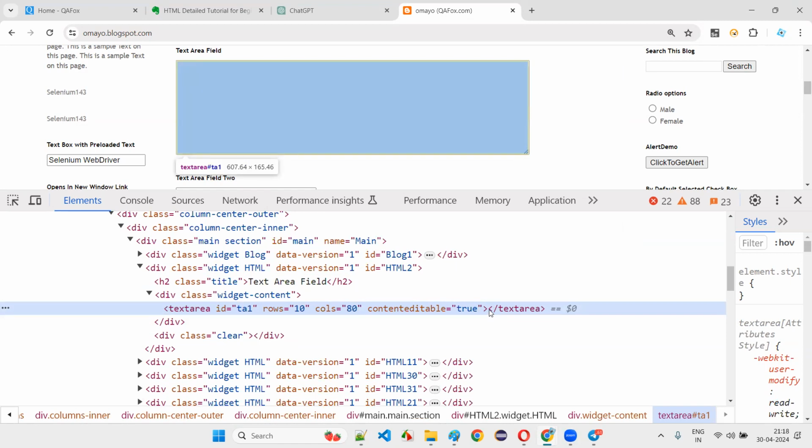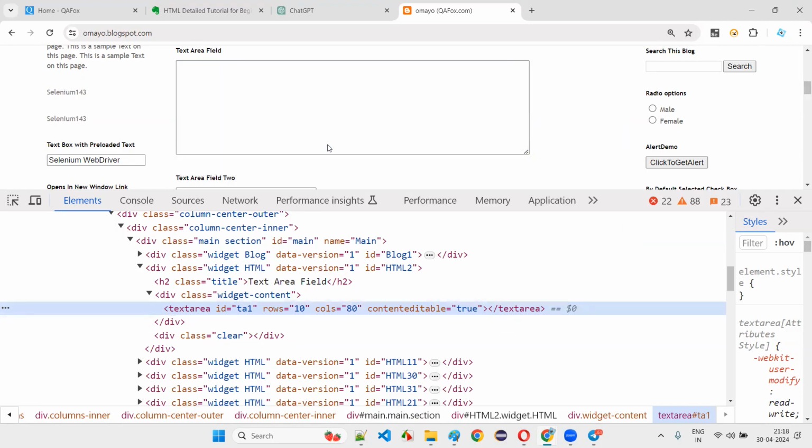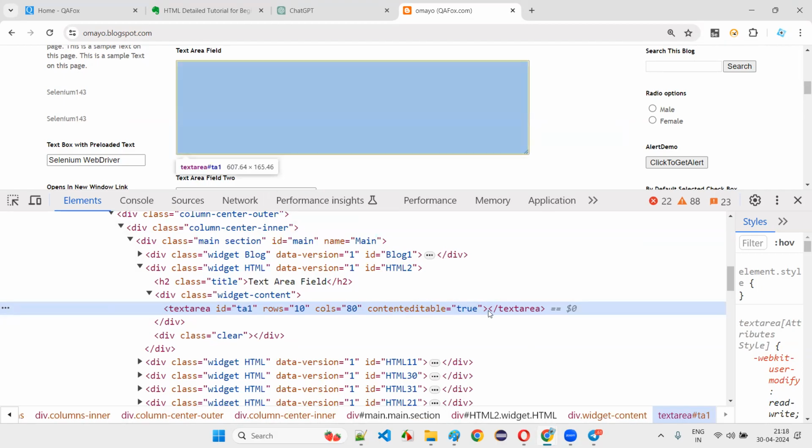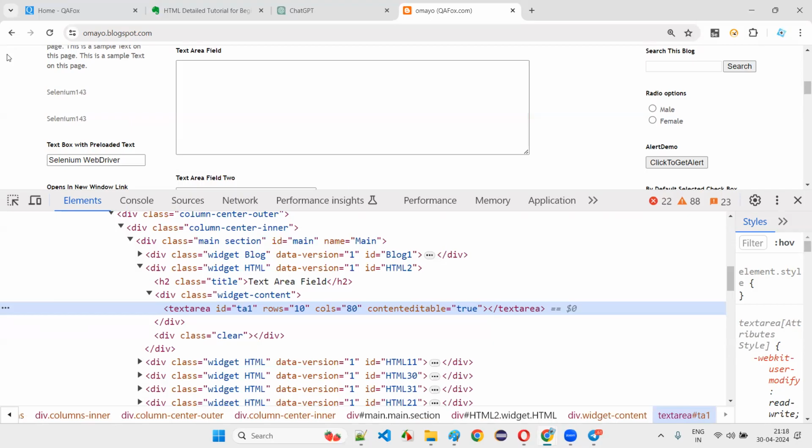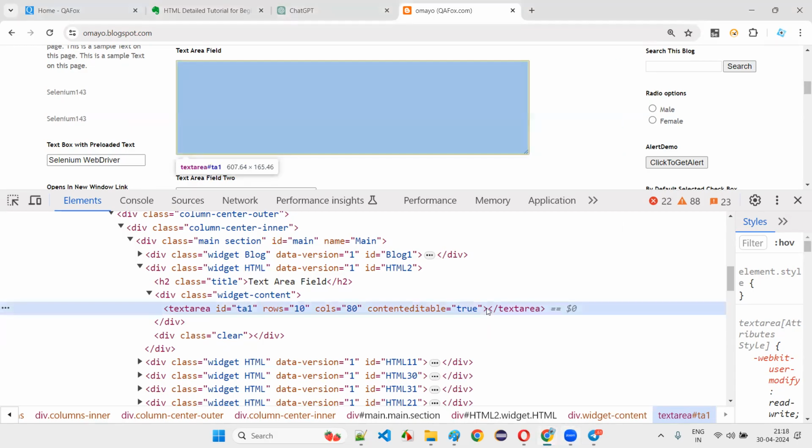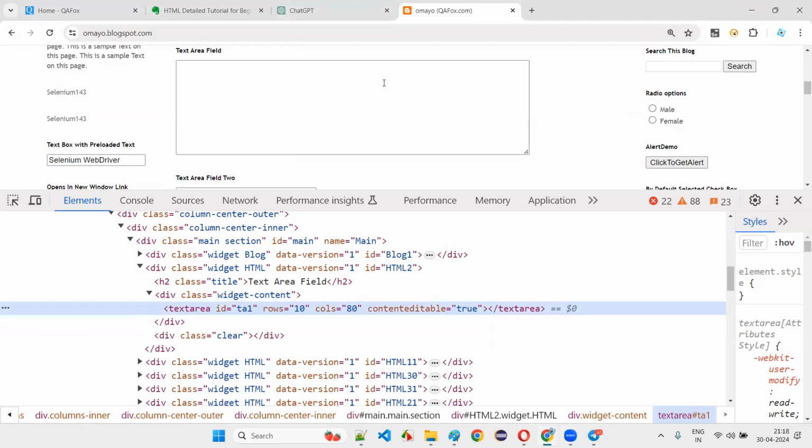Do you see any content between the tags? Guys, between the starting and ending tags, is there any content? For the HTML code of this particular text area field, did the developers provide any content between the tags? Yes or no? No content, right? That means content is optional, right? Is content optional or not? If you are able to write like this, content is optional. Yes, content is optional.